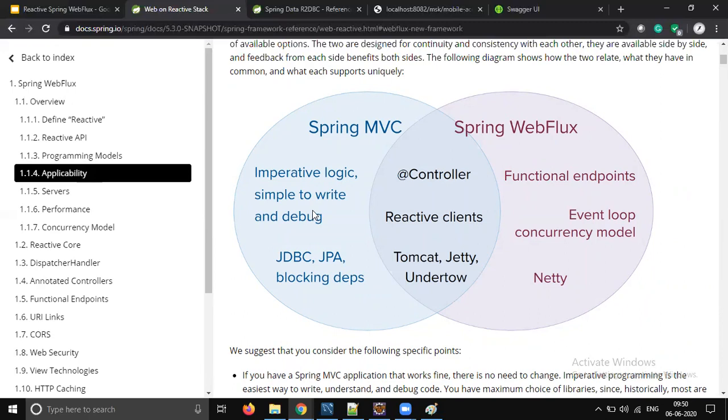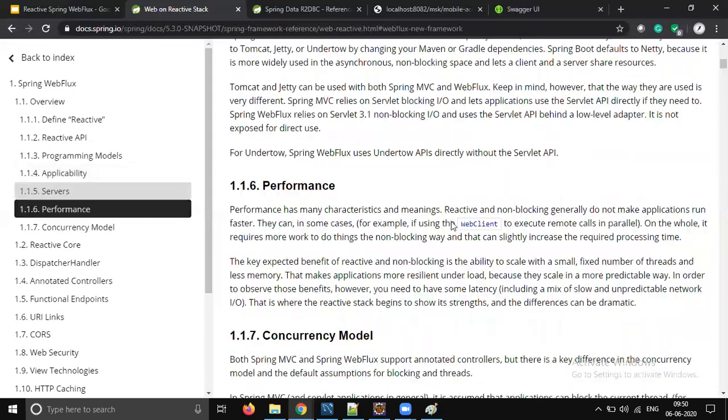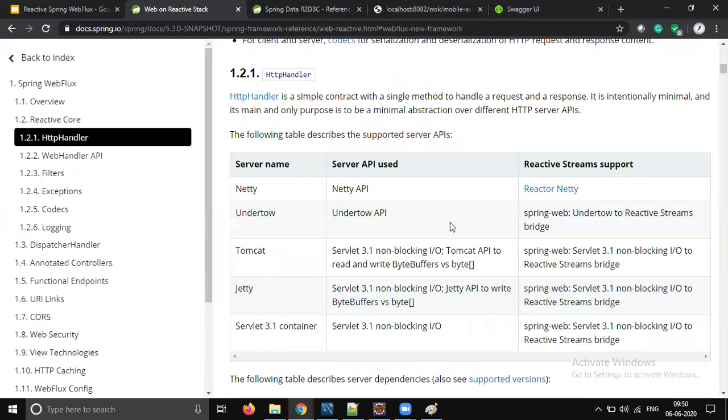No filter, nothing. So it's going to be pure functional programming, right? So no more servlet, no more dispatcher servlet, and no more servlet filter also. So those things we should keep in mind, and we should take care about all these things. Okay, yes. So that is the major difference.